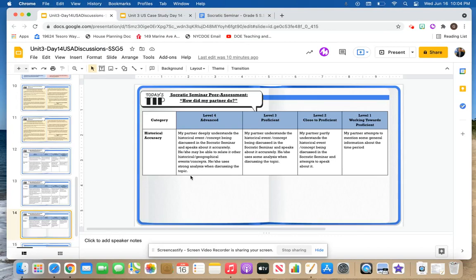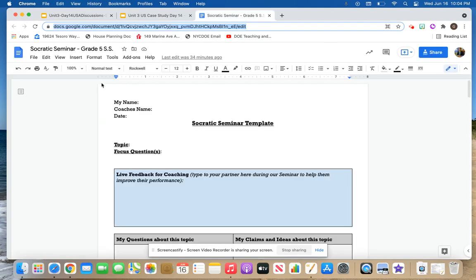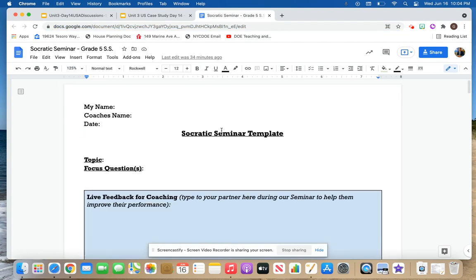Okay, so at this point, I'm going to pull up for you an example of a template that I use with my students, and this is something that you can adapt, but this is a template that you can certainly use with your 5th grade students for a Socratic seminar. That would start off with the student's name up top, then their coach's name,